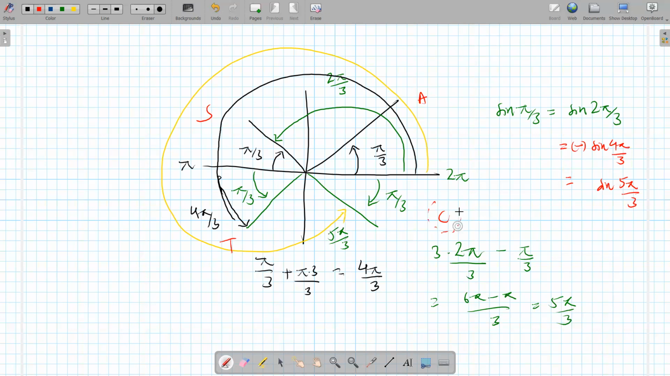See the C? C means only cosine is positive. Sine will be negative, okay? So there you go. And they're all related. The only difference is some of them will be positive, some of them will be negative, and you can figure out these things by